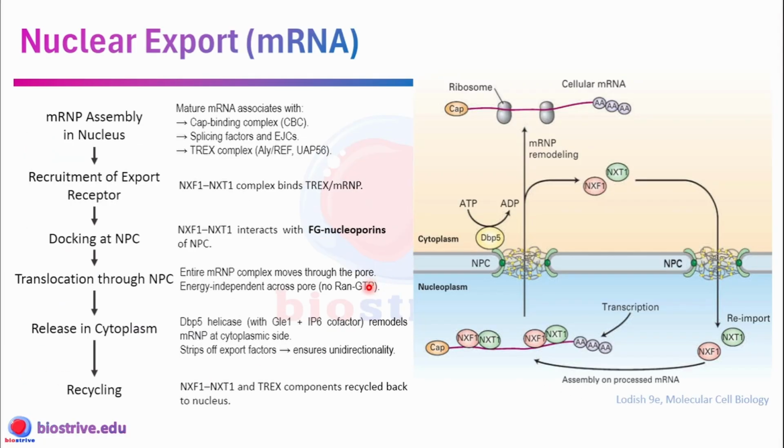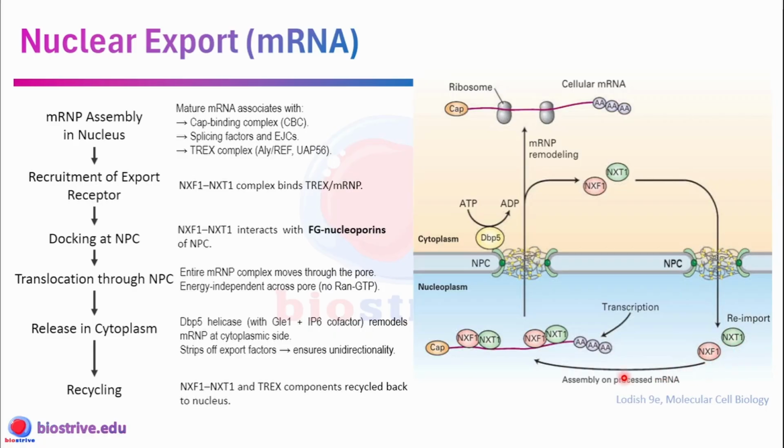Now let's come to nuclear export of mRNA. On the left, as usual, we have the mechanism. On the right, we have the diagram. First of all, mRNP assembly in nucleus. By this we mean we must have well processed mRNA. It must have 5 prime cap, it must have 3 prime polyadenylation, poly A tail. After transcription and post transcriptional modification,